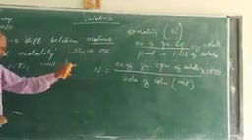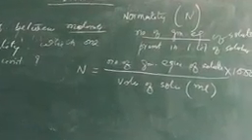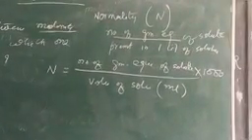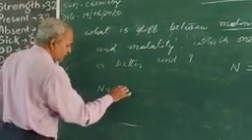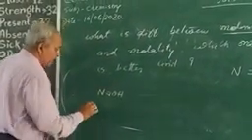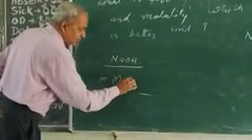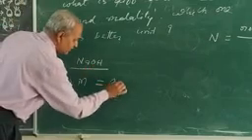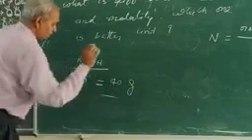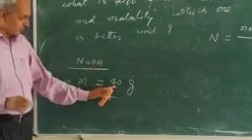The value of this gram equivalent for different salts, acids, bases is different. I am citing some examples. Let's suppose I have sodium hydroxide. You have to calculate the molar mass of sodium hydroxide. The molecular mass, molar mass of sodium hydroxide is 40 gram.